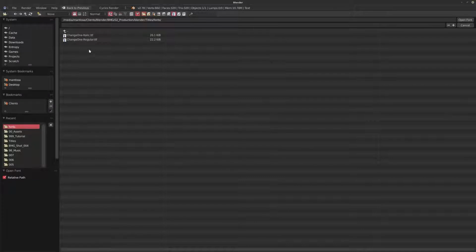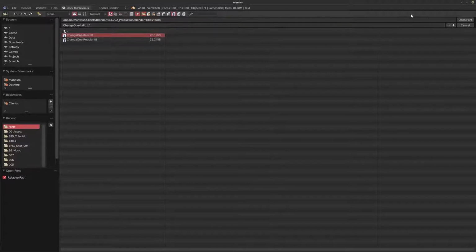Now, the biggest difference between Blender and other applications when it comes to font management is that you actually have to select the font file itself. In the beginning, it might be a little weird if you're used to other stuff, but I quite like this because that way I can copy the font file into my project, I can archive it with the project, and I don't have to worry if I open it at a later date whether my font files are going to be there, or if it's installed on my computer. It just saves you a little bit of time in the future if you ever need to reuse any of this stuff.